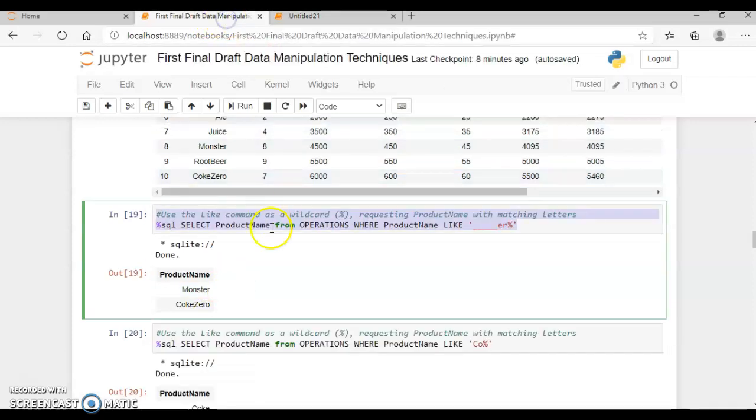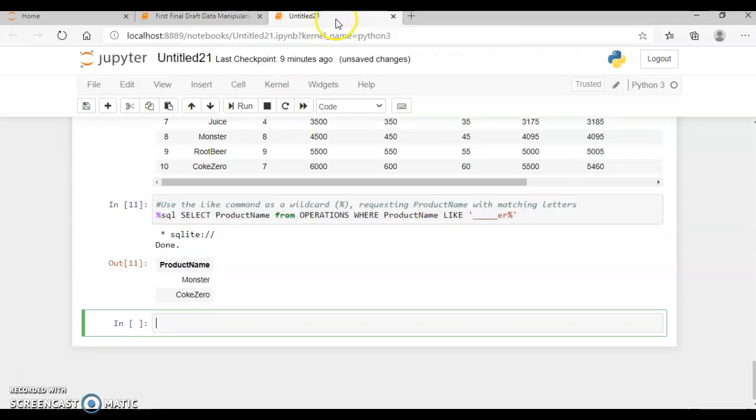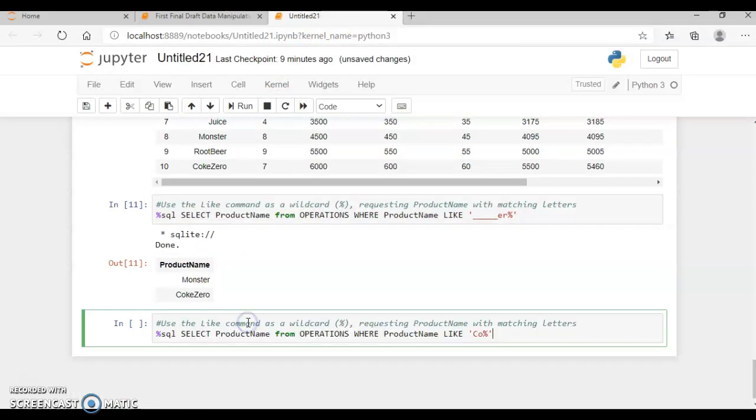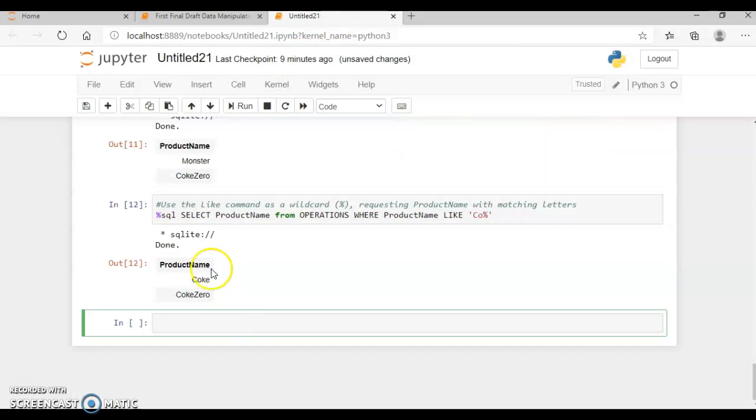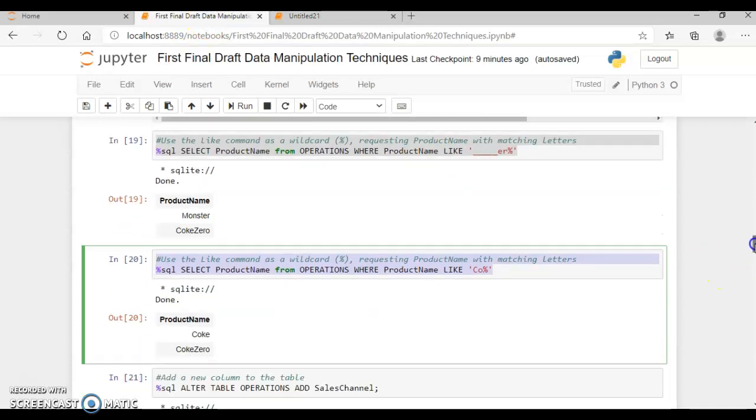In the same fashion, I can look at products that has a CO in it. Using the same wildcard theory, if I run this, I would see Coke Zero and Coke. Moving on,